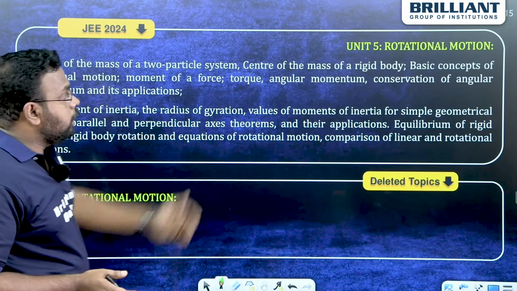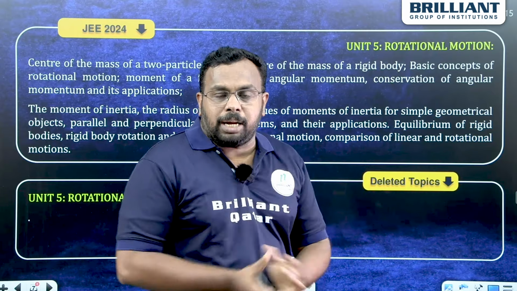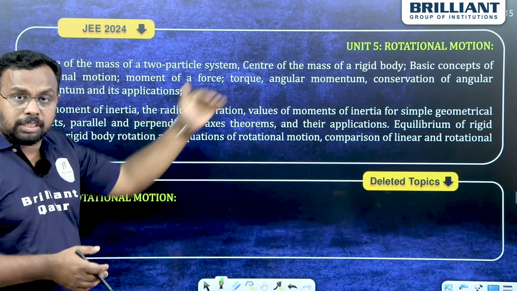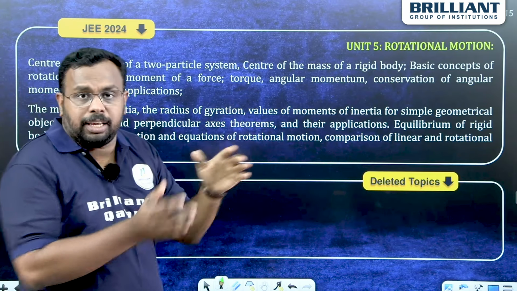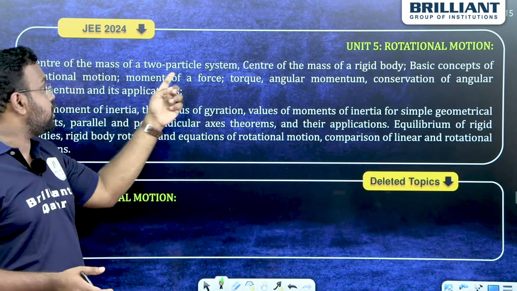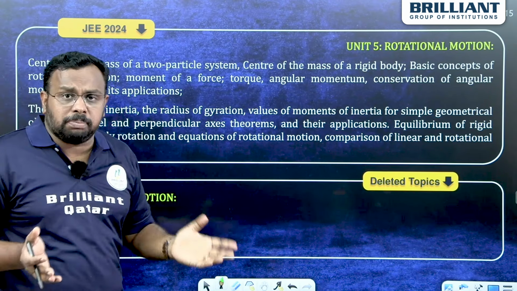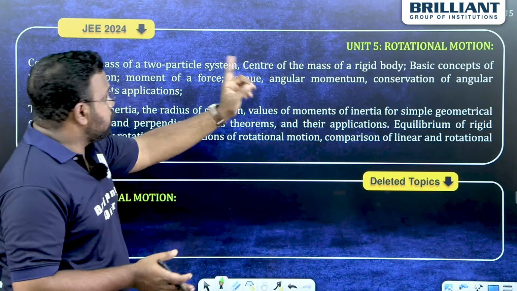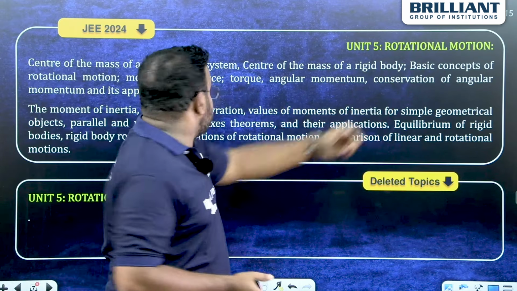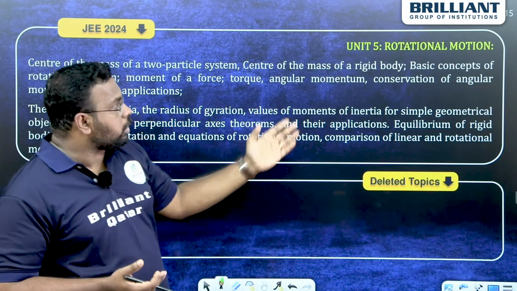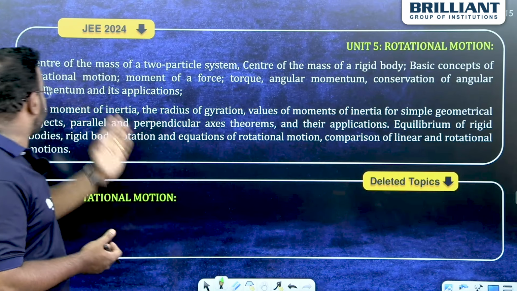Next, rotational motion, another important chapter. Rotational motion, no topic has been deleted. Center of mass, you know that there are 2 parts in this unit, system of particles first, then rotational motion. From system of particles, you can see center of mass of a two particle system. You know what is center of mass, how to find the center of mass of a system, center of mass of a rigid body, basic concepts of rotational motion, moment of force, torque, angular momentum, conservation of angular momentum